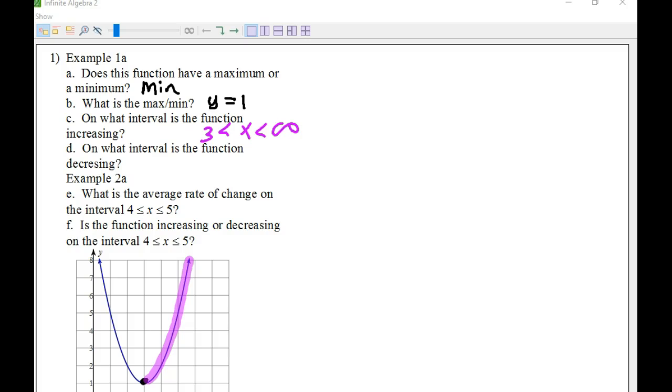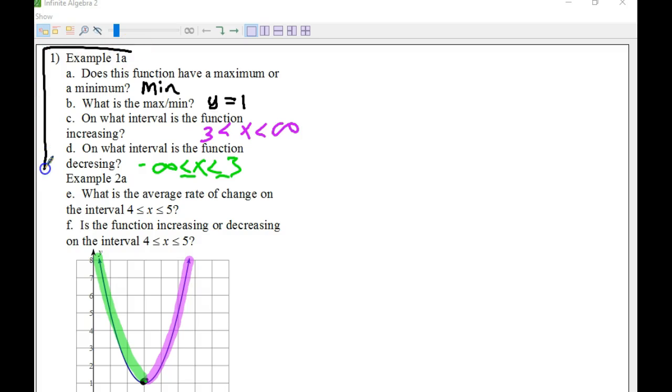All right. Now, on what interval is the function decreasing? Well, that's everything to the left. Don't you guys agree? Okay, so how would I write that? Well, it's on the left. How far to the left does it go? Infinity. So we're going to put negative infinity. And it stops decreasing when I get to what? 3. And x is going to be like that. Okay? So what I just did was